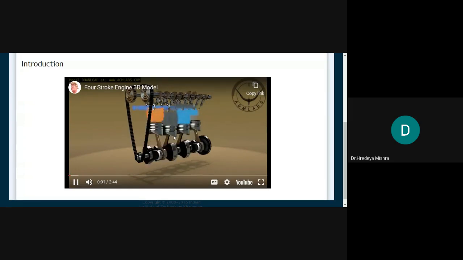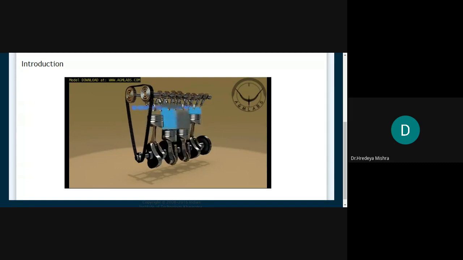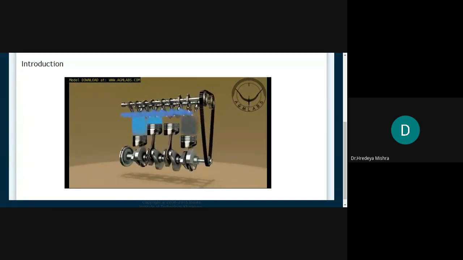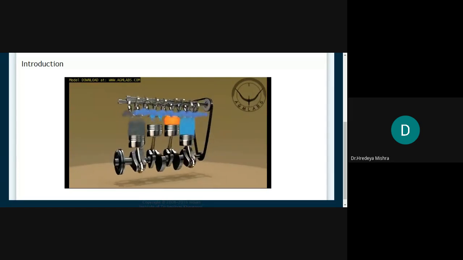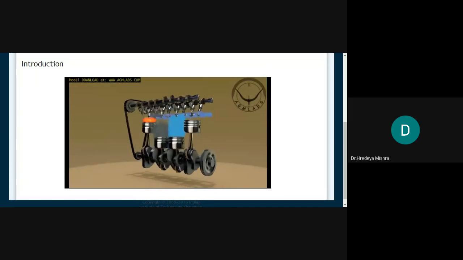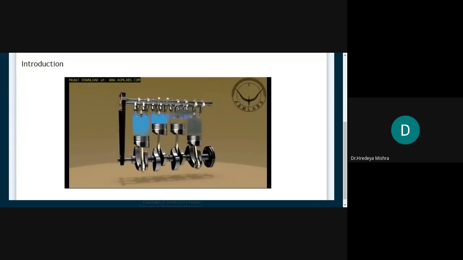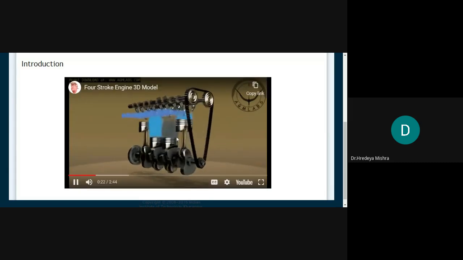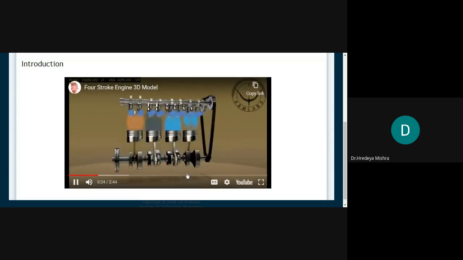Today, the internal combustion engine is used in motorcycles, automobiles, boats, trucks, aircraft, ships, heavy-duty machinery and power generators. A four-stroke engine is an internal combustion engine in which the piston completes four separate strokes: intake, compression, power, and exhaust during two separate revolutions of the engine's crankshaft, and one single thermodynamic cycle. Let's take a look at the basic internal parts of a four-stroke engine.